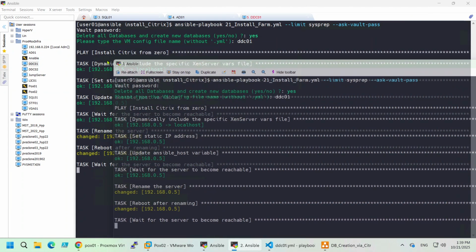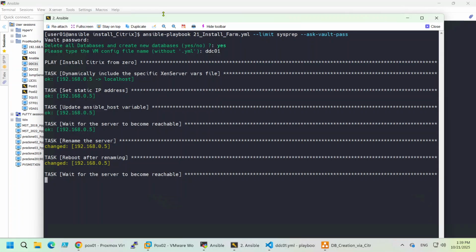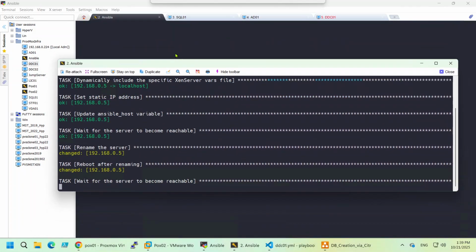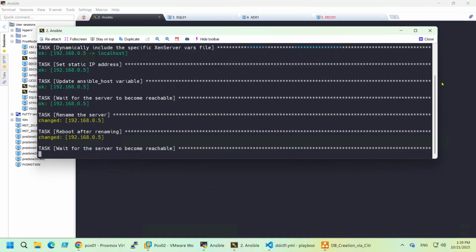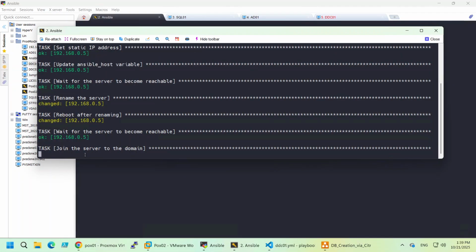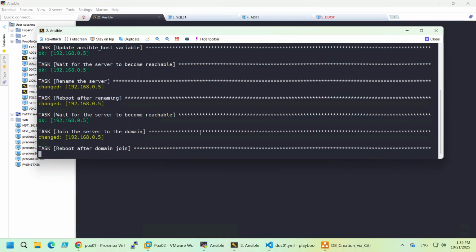Let me pop up this, one second. Okay, like this. I like it more like this because I can see here in the middle of the screen. Okay, so while it's doing this,